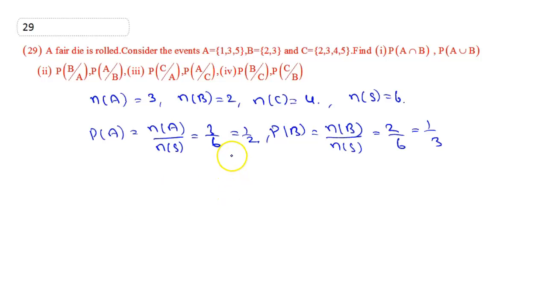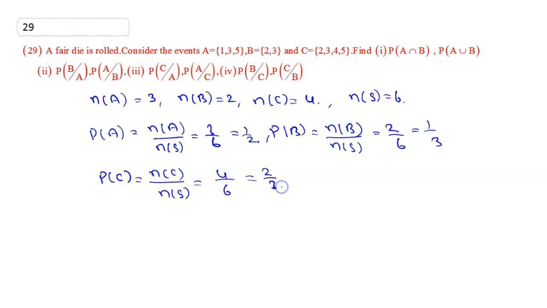Next C is also there, no? P of C is equal to N of C by N of S, that is nothing but 4 by 6,